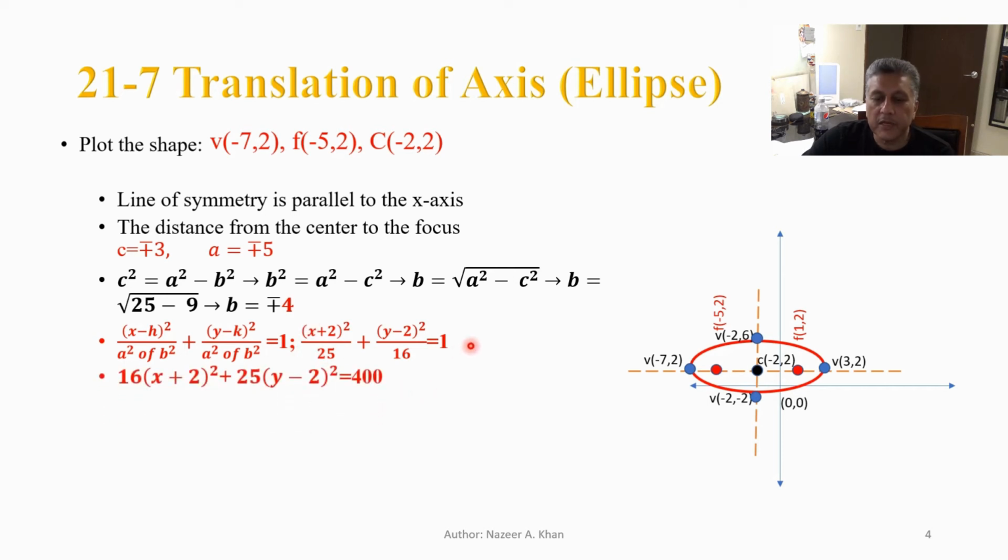I could go and make it into the general form. I have to get rid of the denominators first. To do that, I have to multiply each one of these terms by 25 times 16. Now if I were to go and multiply 25 times 16, maybe I could write it on here,